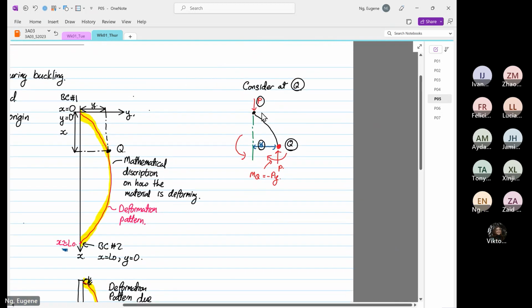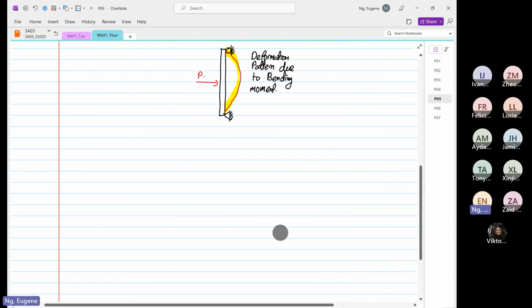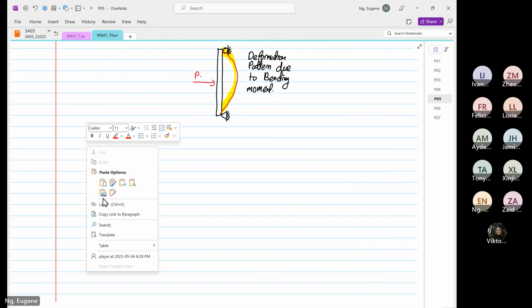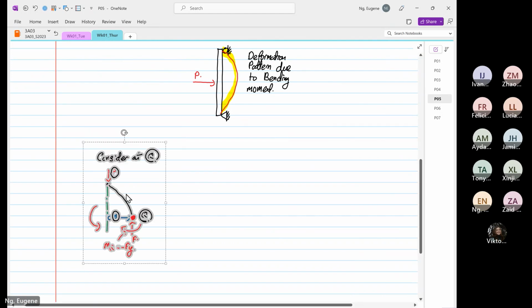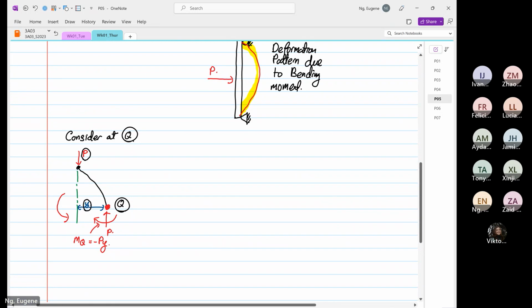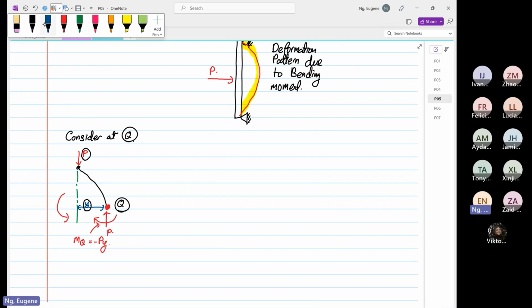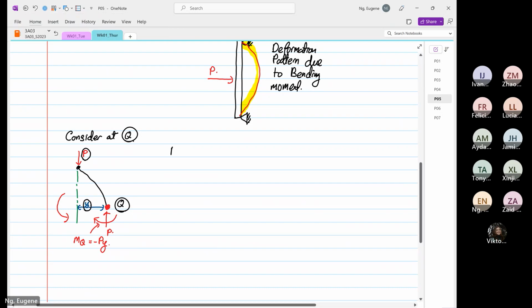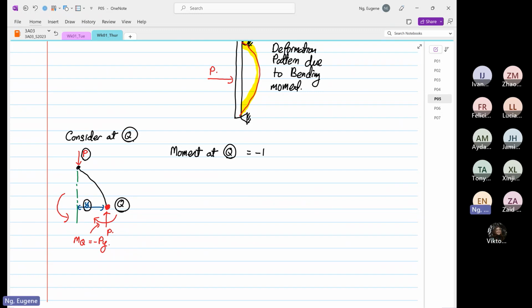So now, if we were to write down, I will take this diagram, copy it, and come down here. By focusing on this diagram, we know that the moment at point Q is equal to minus Py. That's a counter moment. So the next thing we're going to apply, and I think